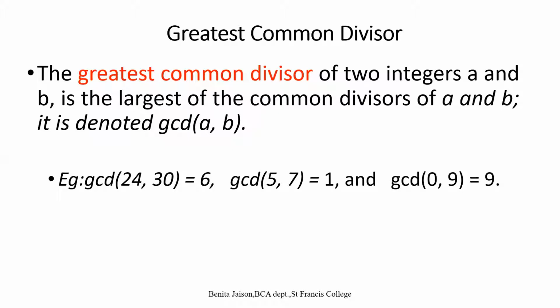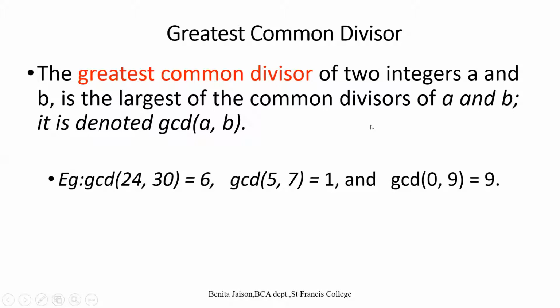And among the list of numbers which can divide both the numbers, the greatest among them will be considered as the greatest common divisor. So here in this example, the greatest common divisor of 24 and 30. What is the meaning of greatest common divisor? A number which can completely divide, or there is no remainder. So remainder, how you will be finding using the mod operation, right? So we are using the mod operation in order to find the greatest common divisor.